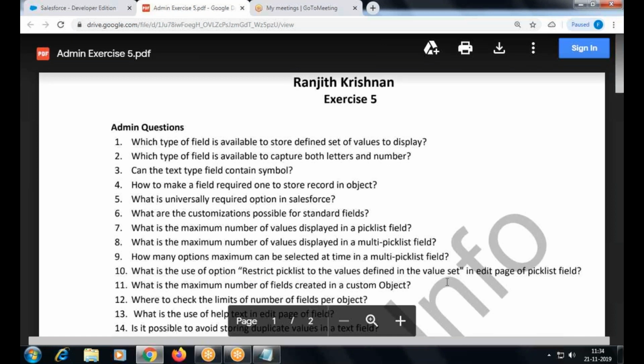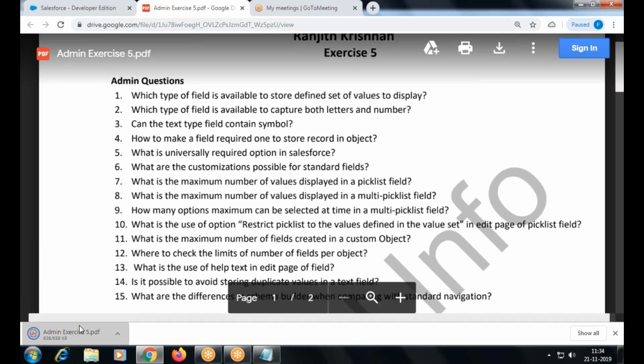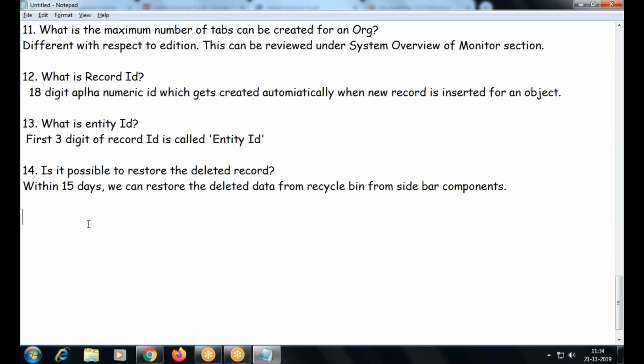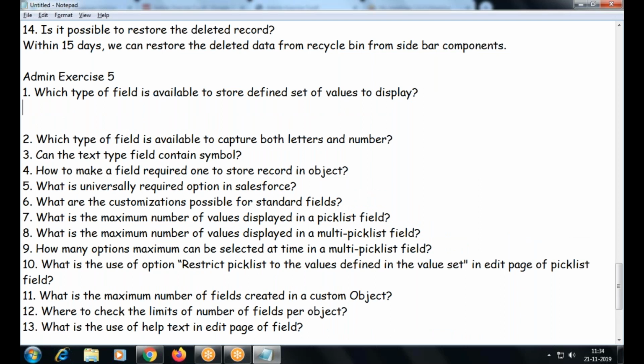So we'll work on these questions. Which type of field is available to store a defined set of values?